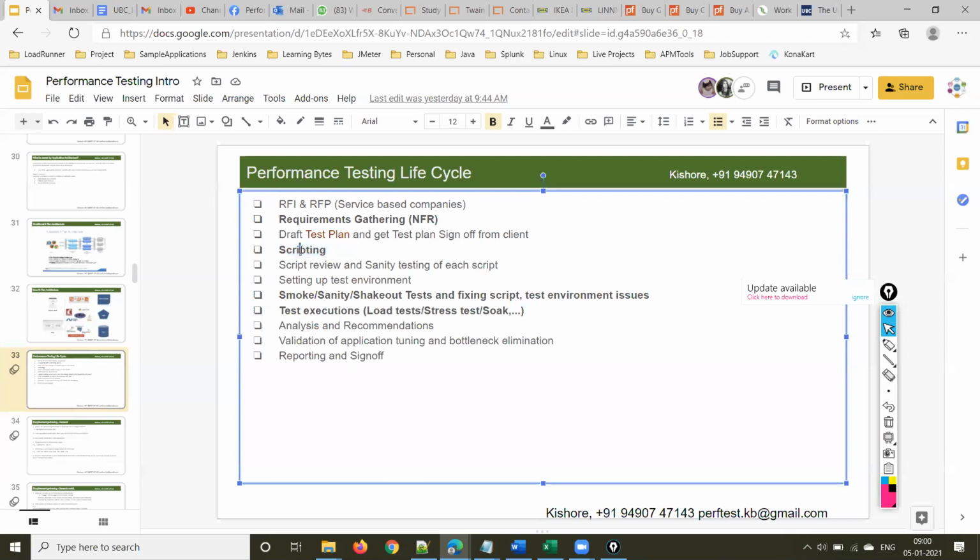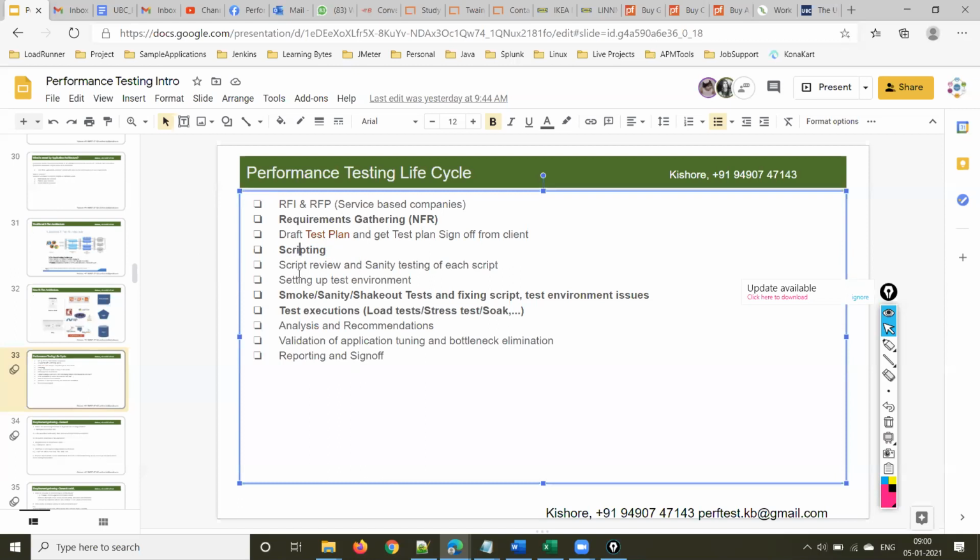Once scripting starts, I will cover scripting on 4 to 5 sample applications and 1 or 2 real-time applications. We will take one, if possible, I have one Java application. Once that is done, I'll try to give some .NET application, or else we'll cover the .NET application in the sample applications.